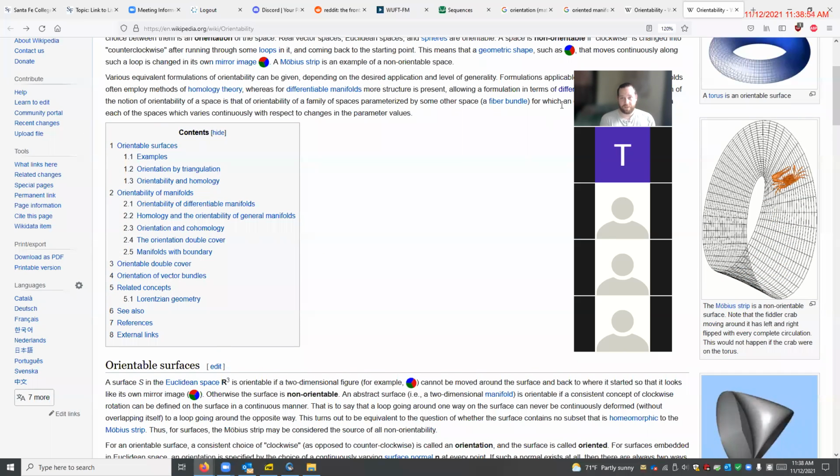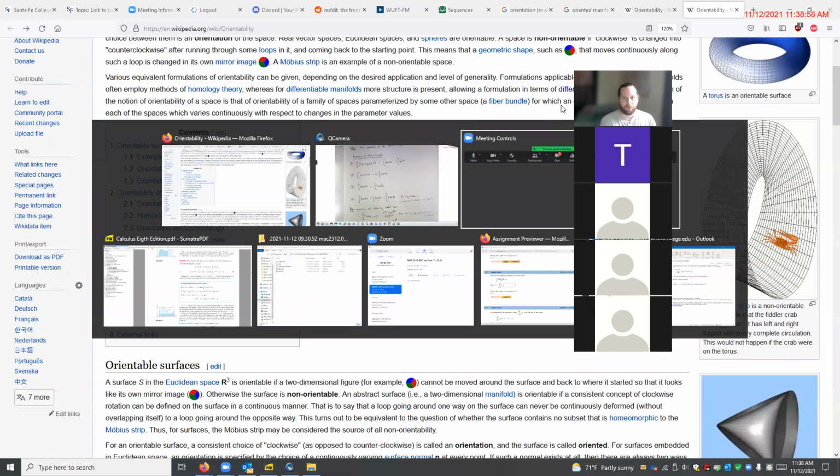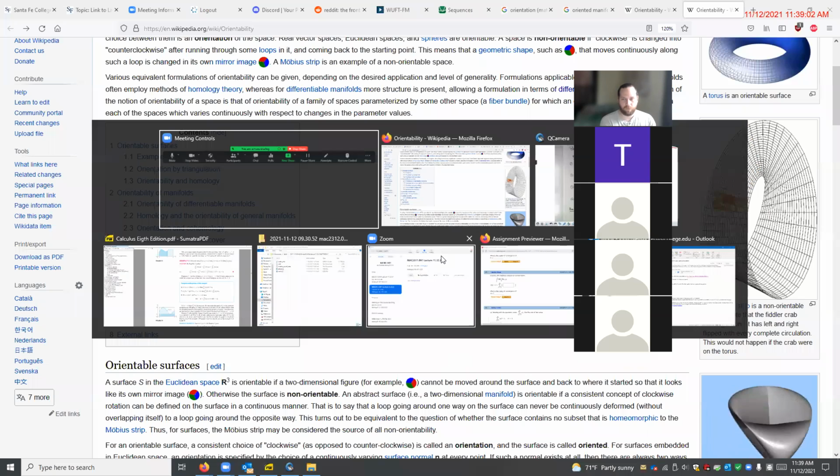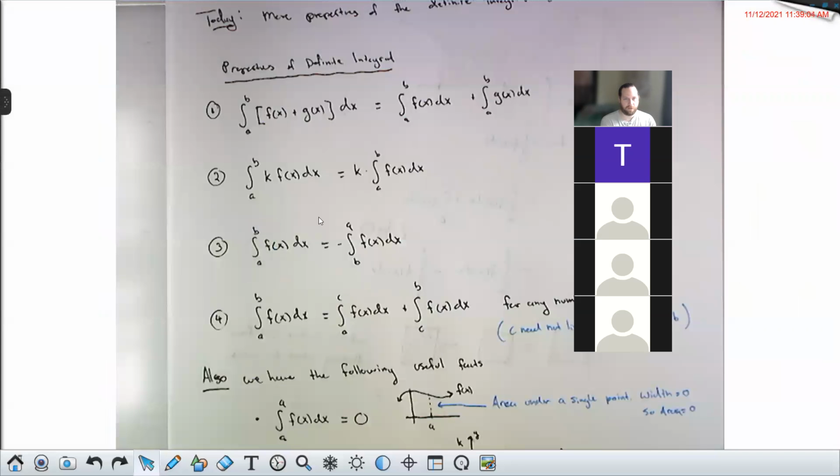Because the real line, thankfully, is orientable. We can talk about orientation swapping, which is what happens when we swap the integral from a to b into the integral from b to a. So the integral from a to b is not equal to the integral from b to a; it's the opposite way. Correct. Yep. Okay. And the way I like to think about it